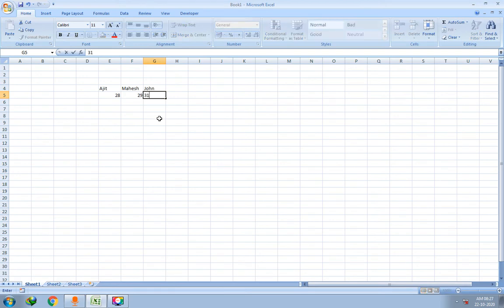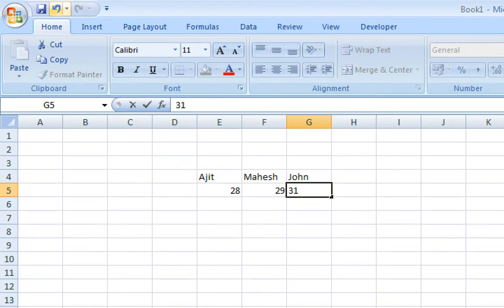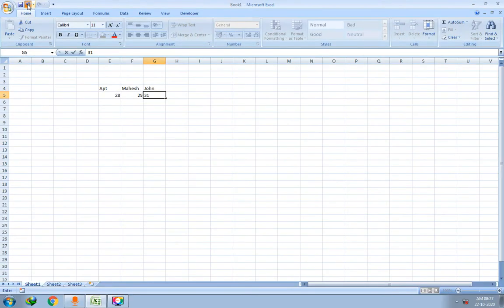Now after some time I came to know that the age of John is wrong. Then I will undo the change, that is I'll press this particular button, the undo button. So let me click this. Now the age has disappeared, but again I came to know that the age 31 which was there earlier was correct. It was not wrong.